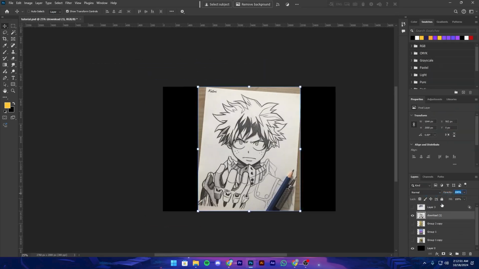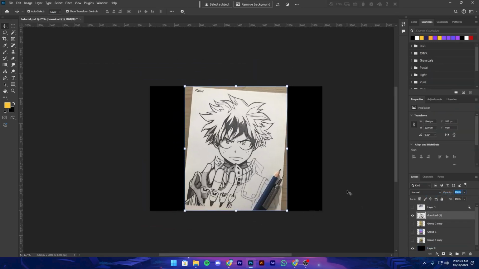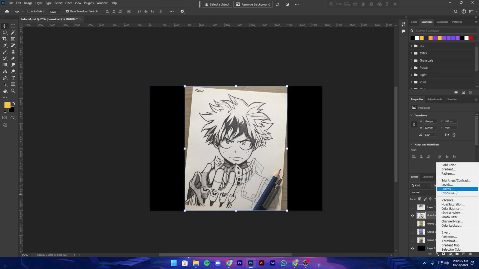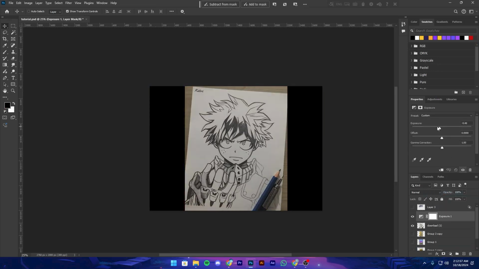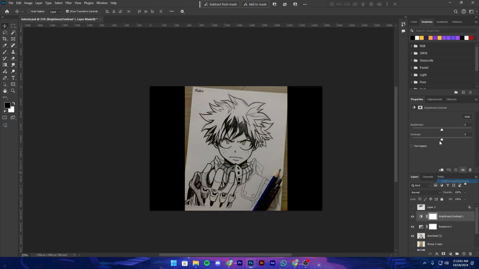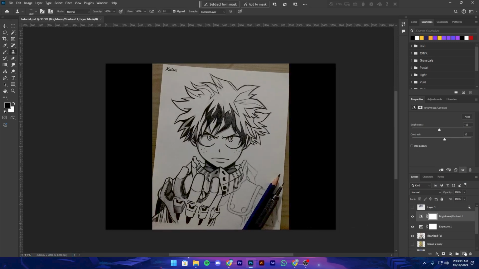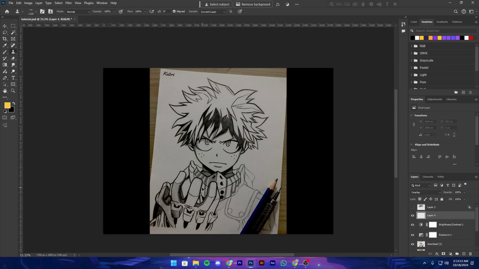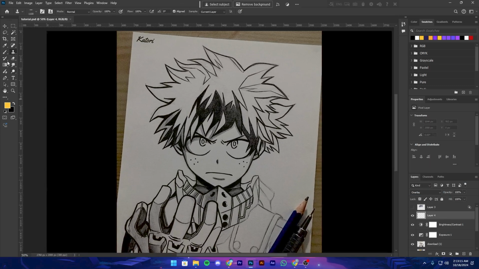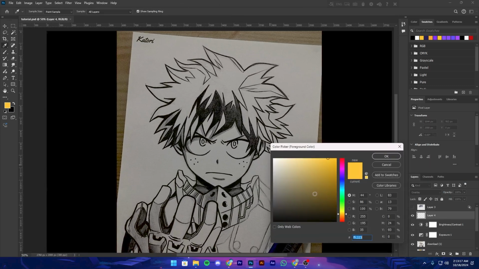I will just rasterize this layer. Okay, then again I will just simply go to the exposure, decrease it, increase some offset, and also gamma, brightness and contrast, increase some contrast, also decrease some brightness. Here we go. So for this image, the color I'm gonna choose is green because this character wears some green